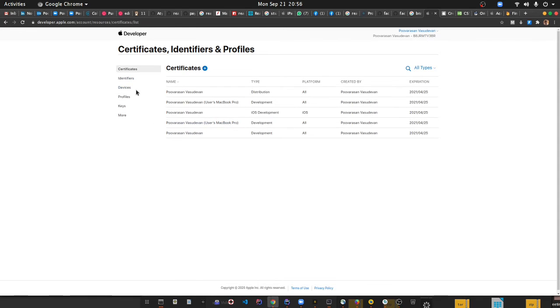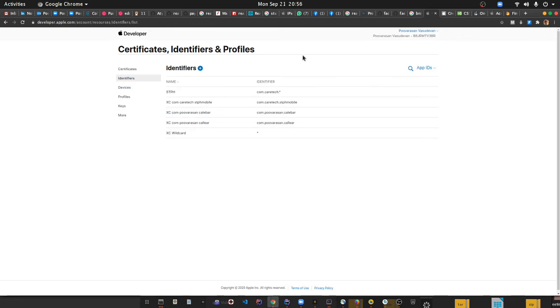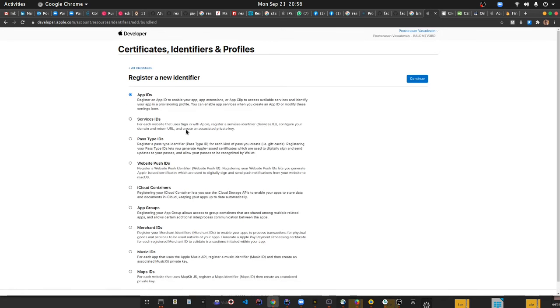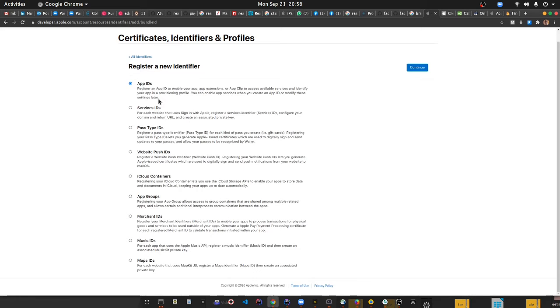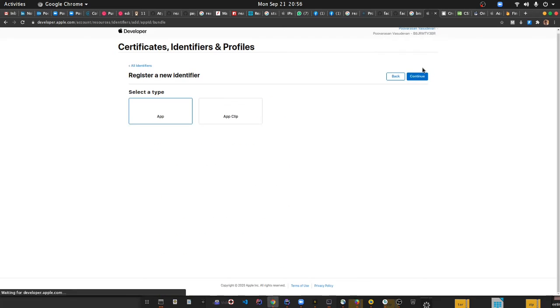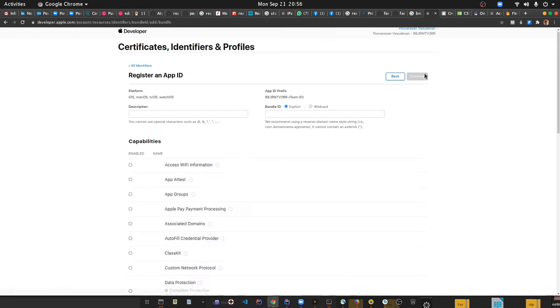And the next thing we have to do is click on this identifier, and we have to add our identifier. You click on plus, and you click on this app ID and click on continue. And of course this is our app. You click on app, and we have to select what app is ours. You give some description like